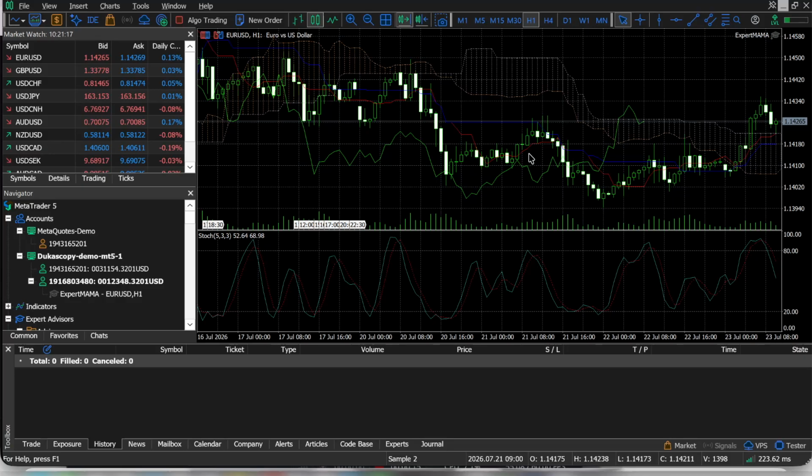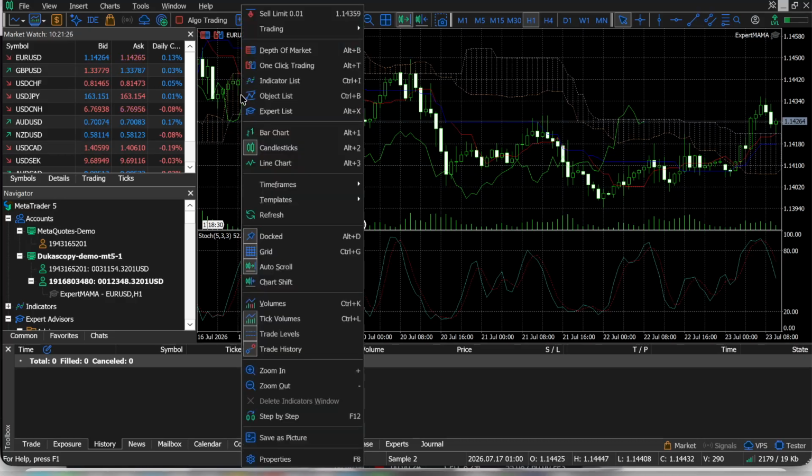You'll need to right-click anywhere on the chart. Now, if you're more of a keyboard enthusiast or simply prefer shortcuts, there's a quicker way to access the next section. You can simply press the F8 key on your keyboard. Either of these methods will direct you to the Properties menu, a handy area where you'll find various customization options